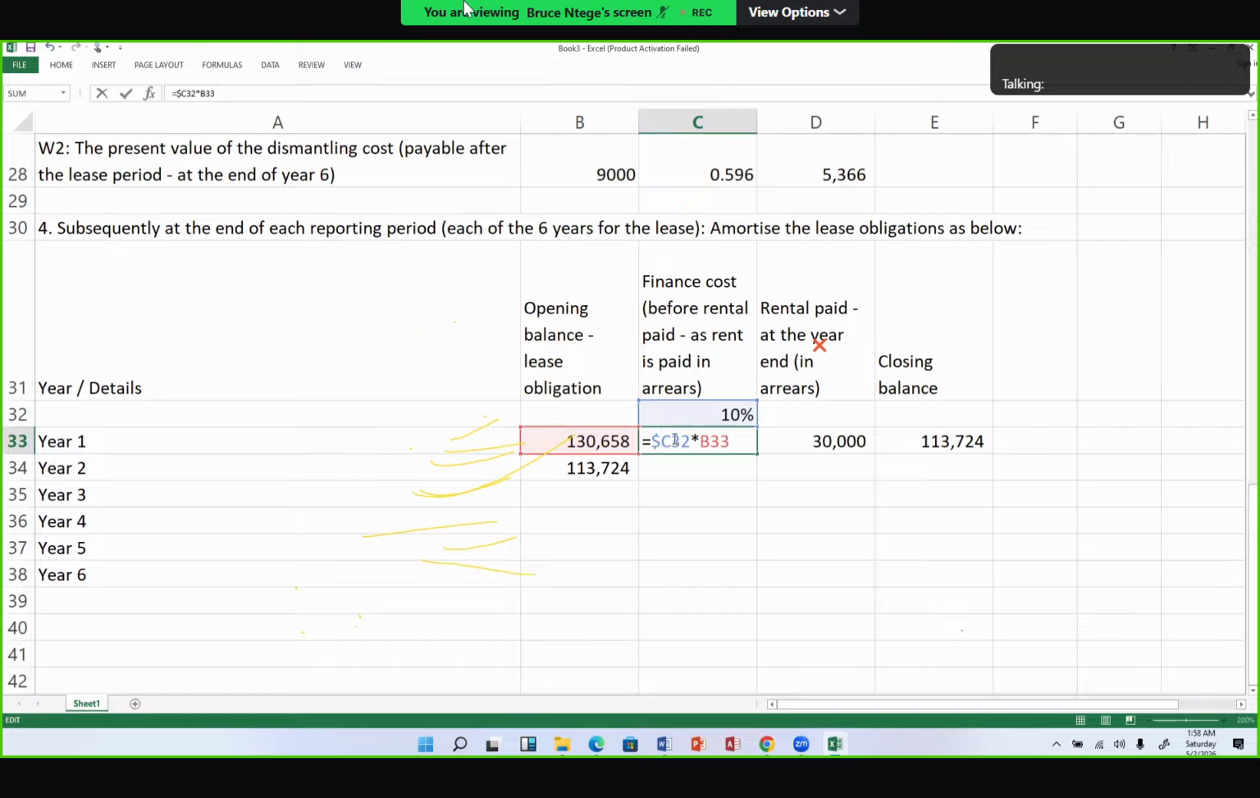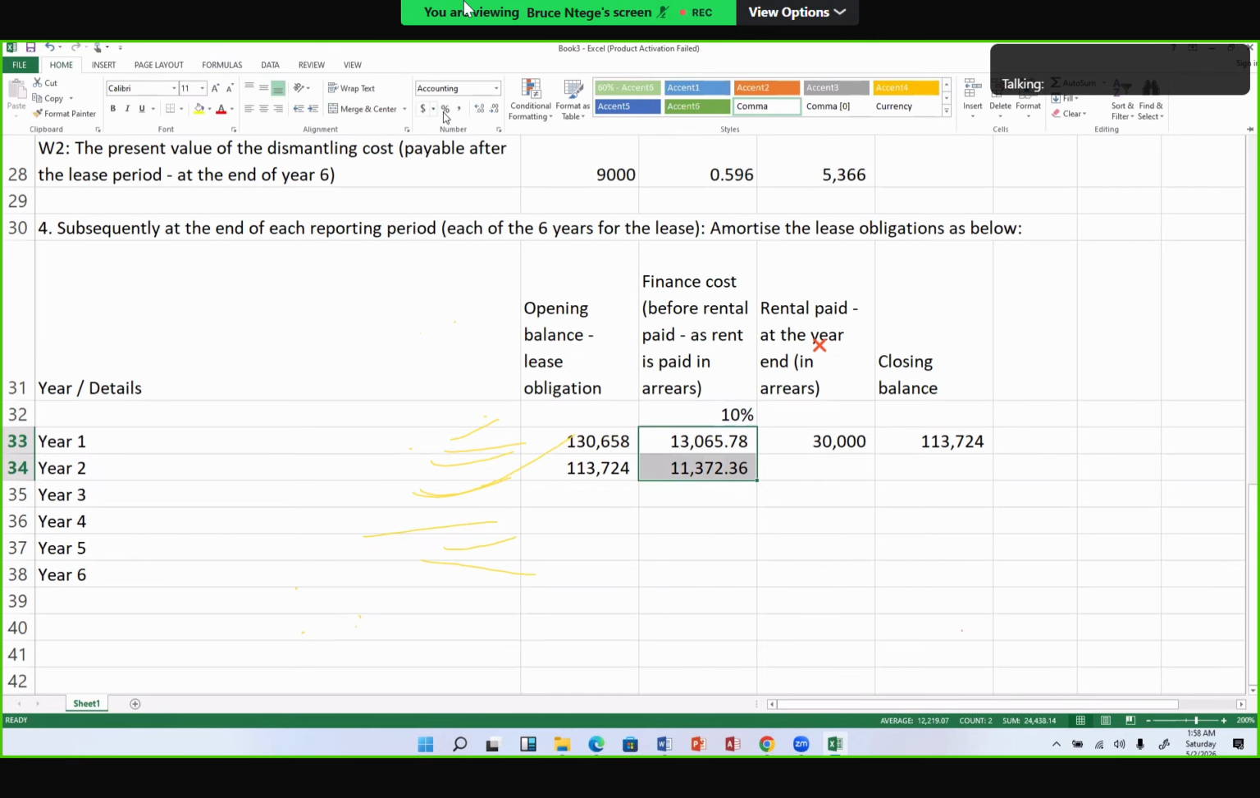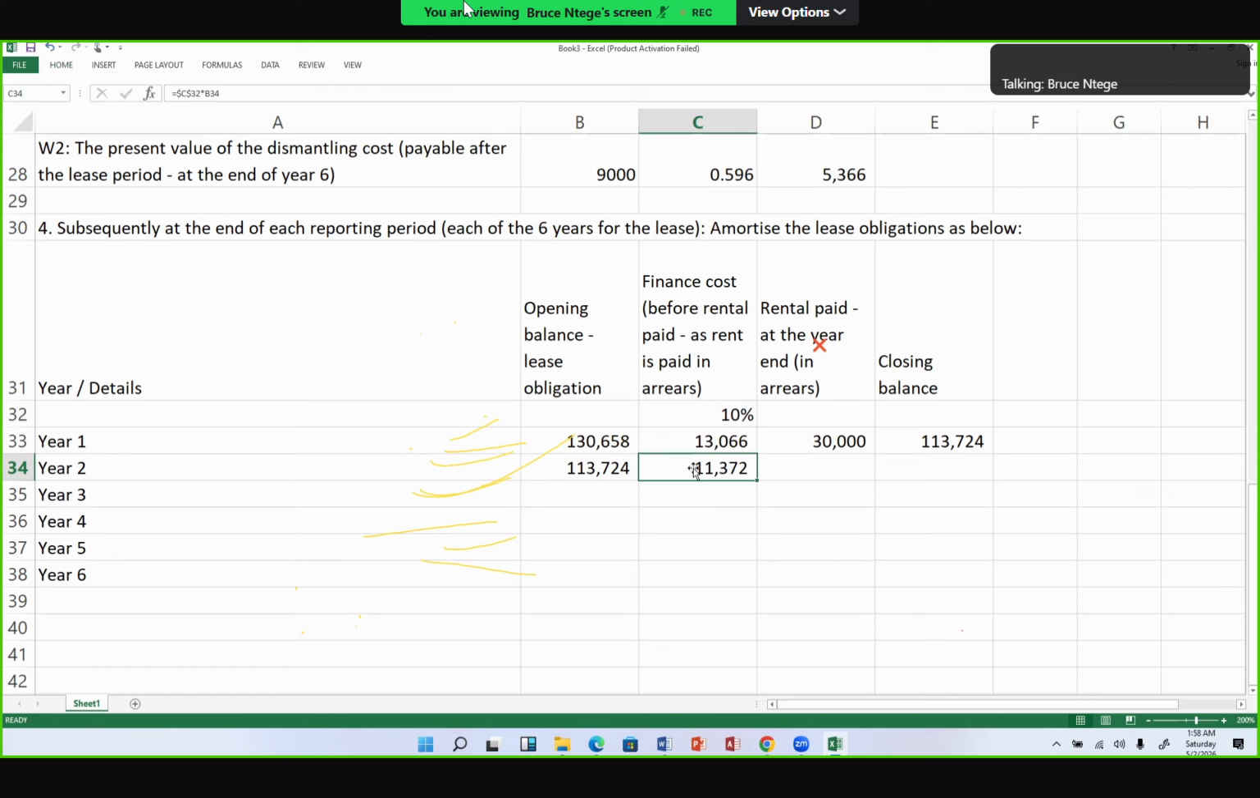Okay. So I want to pick that formula and take it down here to say, what's the finance cost in year two? I need this to be rounded off. I don't know, it's not rounding them off to full without decimal places. There you are. So I have finance cost in year two will be 11,372, which when I take off the